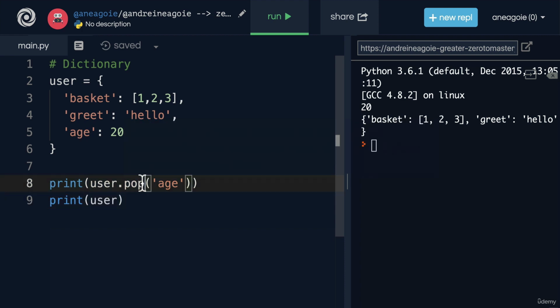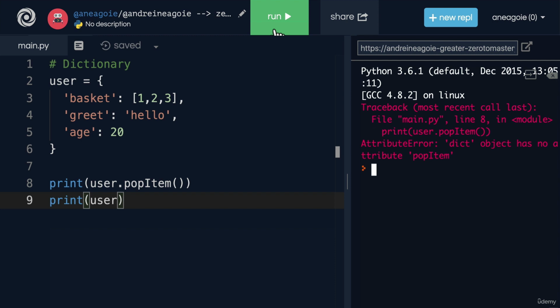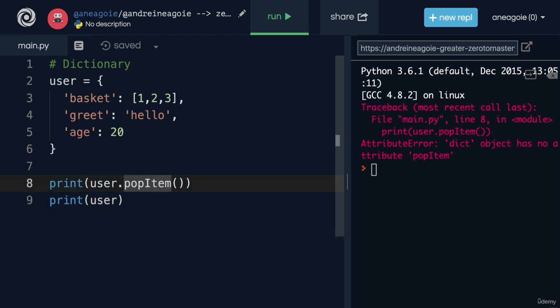Here's another really fun one. Popitem. And honestly, this I haven't used much, but I just think it's a fun one. Popitem, if you guess, well, you're not going to guess. Oh, and that's because I have to make sure I write it properly with lowercase. If I run this,